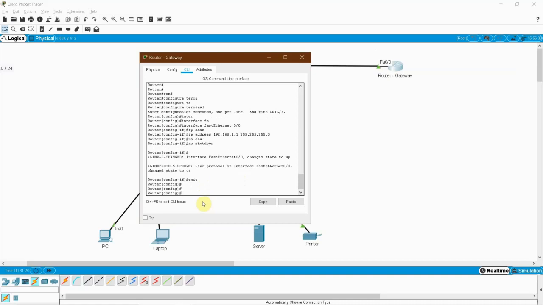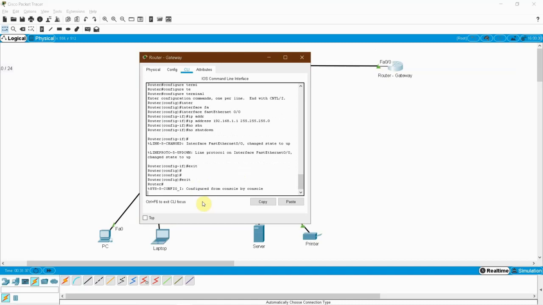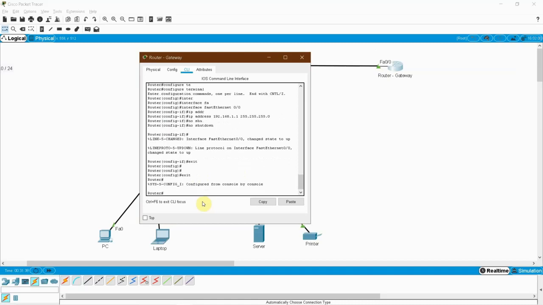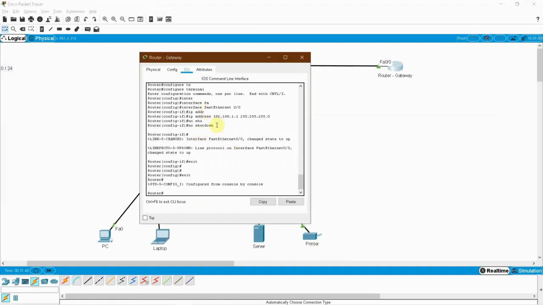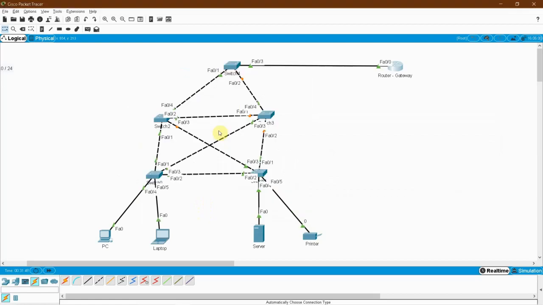Exit is the command used to come out of a mode. So I am just coming back, exit from the global configuration. Right now I am in the privilege mode. Okay, so here I have done some configuration, so here I have to do